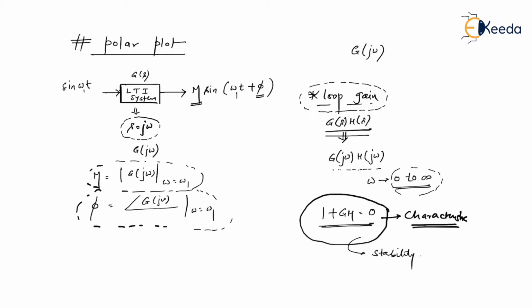So now let me give you the formal definition for polar plot. What is meant by polar plot? Polar plot means it's a motion. It's a motion of the open loop gain, that is GH, as the frequency omega is varied over 0 to infinity in something called the GH plane. Now what I said, let me write it and I'll explain the same line again.